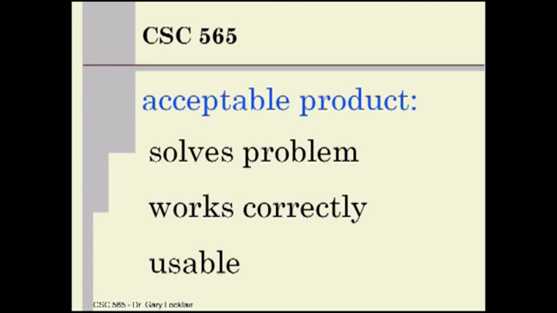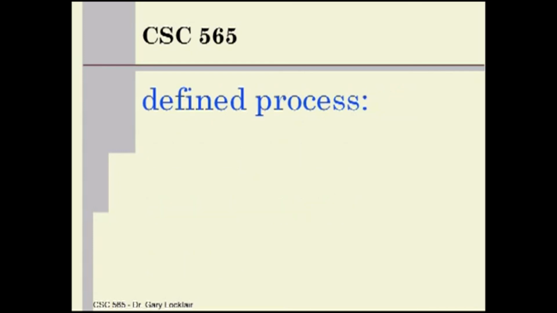So I'm going to ask you to dust off those notes, pull out that book, you know, the Priest book on interaction design, and think about some of those issues as you are going through your project to ensure that your product can be used by people. Good. Acceptable product. That's one of the criteria that I'm going to use to assess what you complete in this class. Another criteria that I'm going to use to assess how well you've done